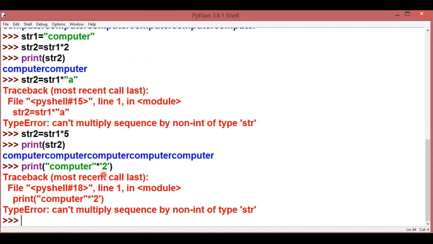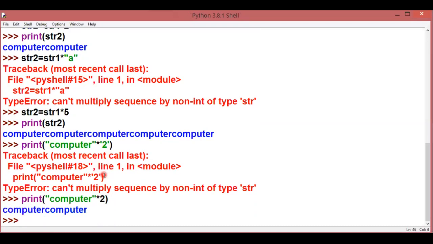So again, I would tell you that the first value should be of string type and the second value should be of integer type. Then only this can take place. So if I convert it this way, I'll get the result. So generating the duplicate copies, generating the number of copies of the same string, is known as replicating a string.